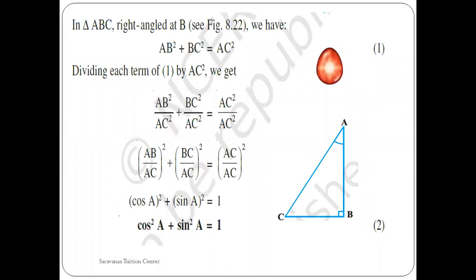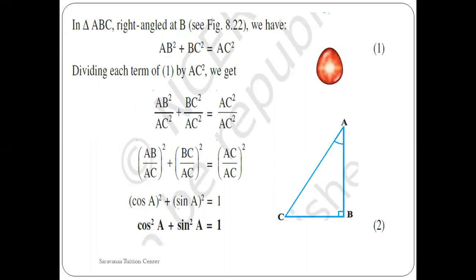So we are going to learn about trigonometric identities. So, what are trigonometric identities? You may recall that an equation is called an identity when it is true for all values of the variables involved. Similarly, an equation involving trigonometric ratios of an angle is called a trigonometric identity if it is true for all values of the angles involved. So in this section, we will prove one trigonometric identity and use it further to prove other useful trigonometric identities.